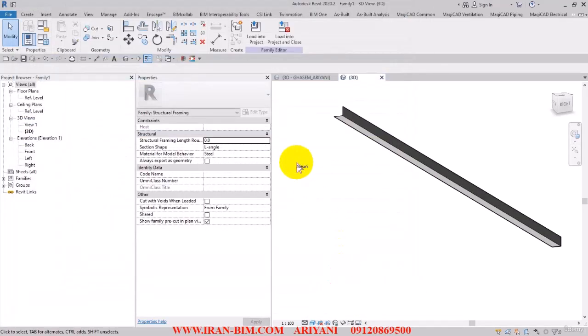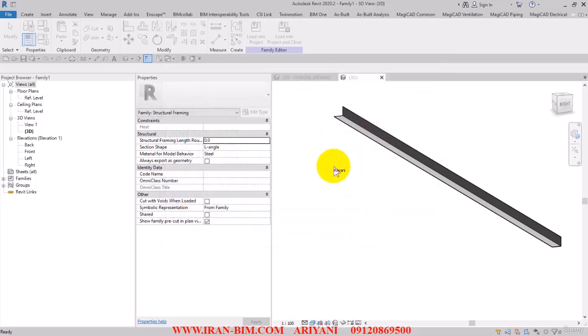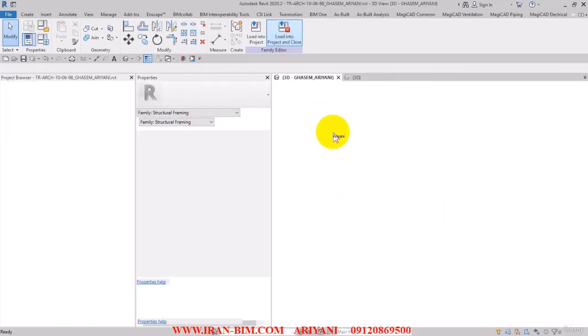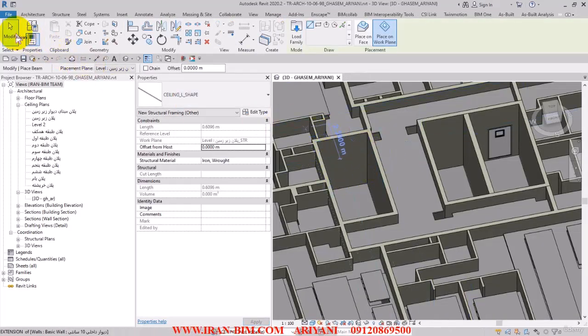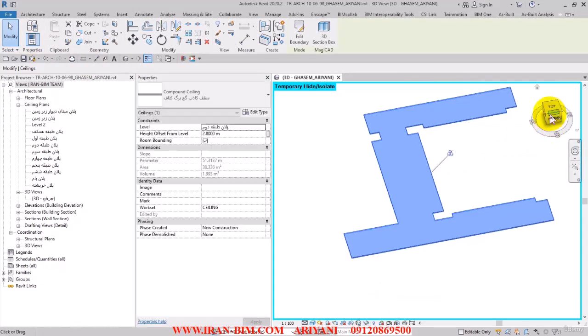And then I save, and I'll name it ceiling underline L underline shape. Let me just type it in, and there we go. So after this, we just click on save, and after we've done that, we'll click on load project and close. So here in the plan, I'll select this false ceiling here, then I'll isolate it, pull this here,